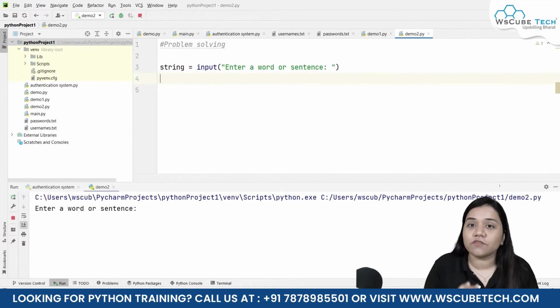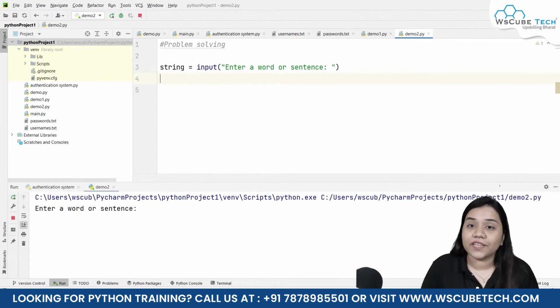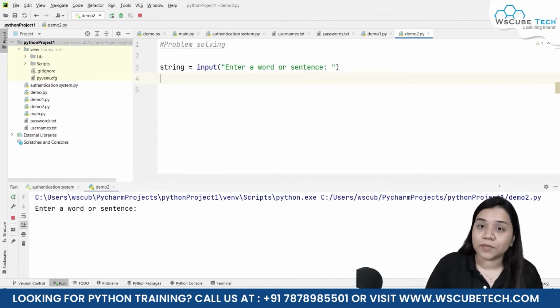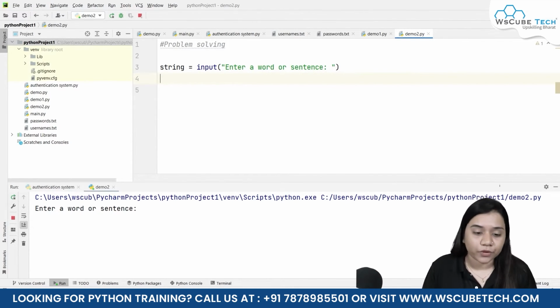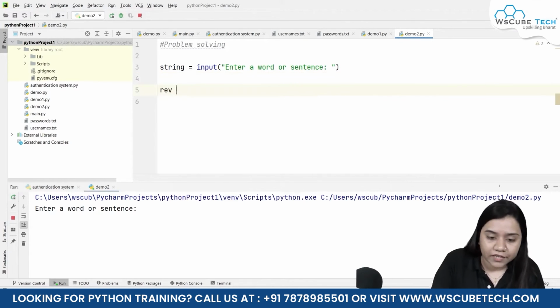If you reverse the wow, we still get wow over here. At the same time, if we have written THE, and if we reverse it, we get EHT, which is not the same. So palindrome over here means when we write the reverse of something, it still gives us the same output. So to find the reverse of it, all I need to do is create